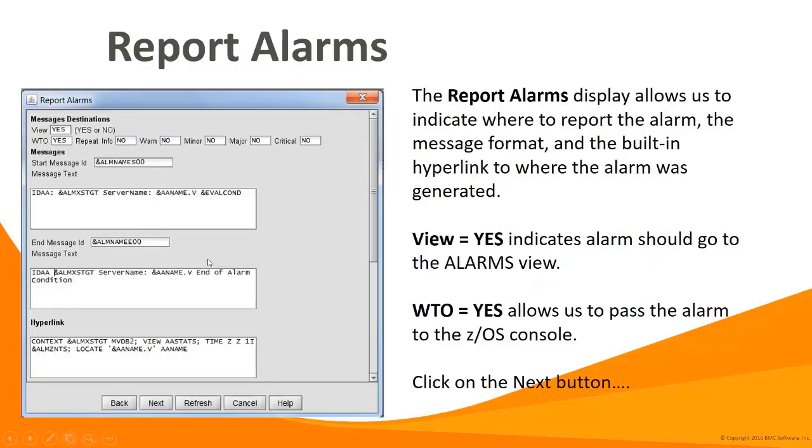So if I hit the Next button, I'm presented with this display, which allows us to tell the MainView Alarm Manager how we want to report the alarm. We can tell it we want to go to an internal view, the alarms view. We could say WTO yes, which will write it to the console. And then we can give it some message text. Maybe we want to augment this, put some additional values in there, and we can do so, or maybe move things around a bit. Certainly these are things we can do, although the default values tend to work for most